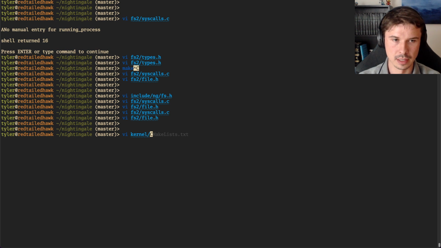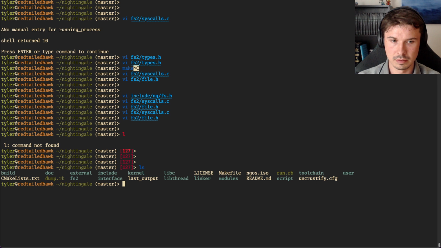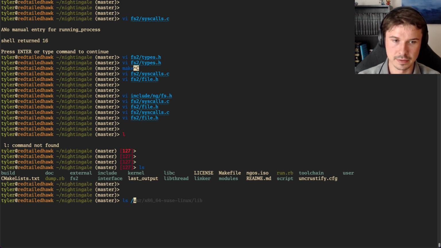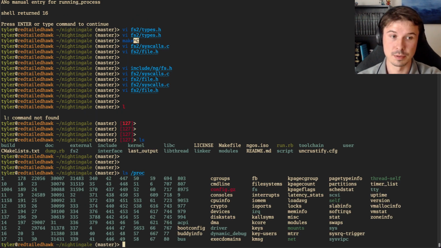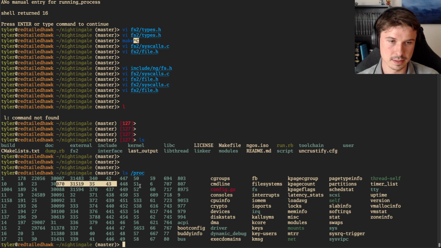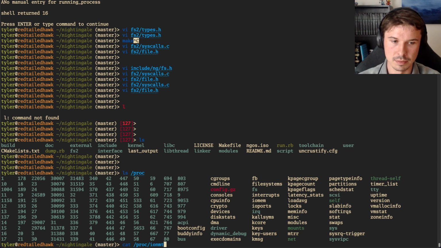For edification, when I say proc file, I'm referring to, on Linux, the /proc file system, which contains a number of files and directories related to status information about the kernel. So there's one directory for each process on the system over here. And then there's a number of files that are not directly related to processes. So for example, if we were to look at proc interrupts,